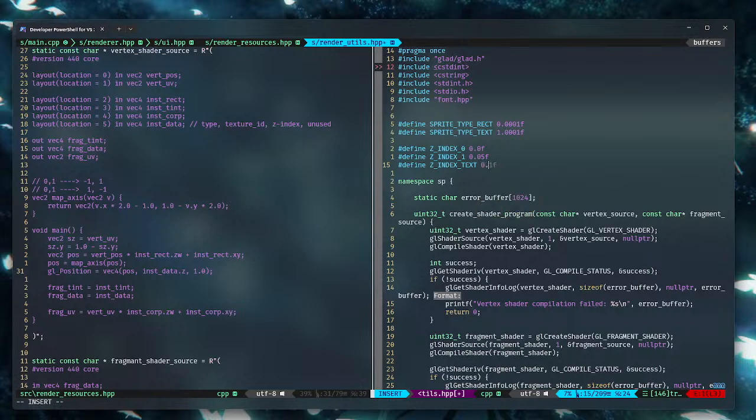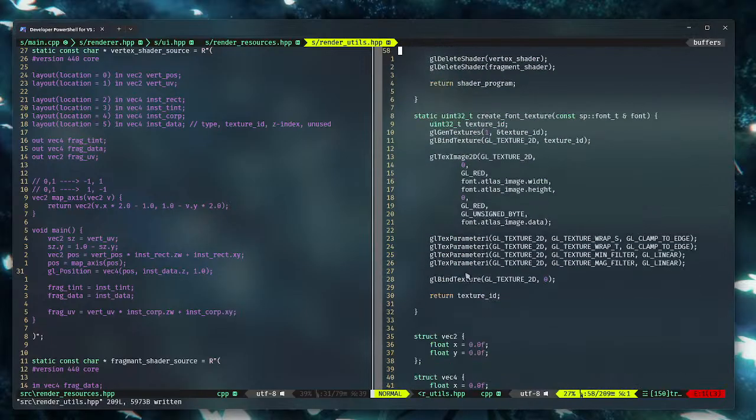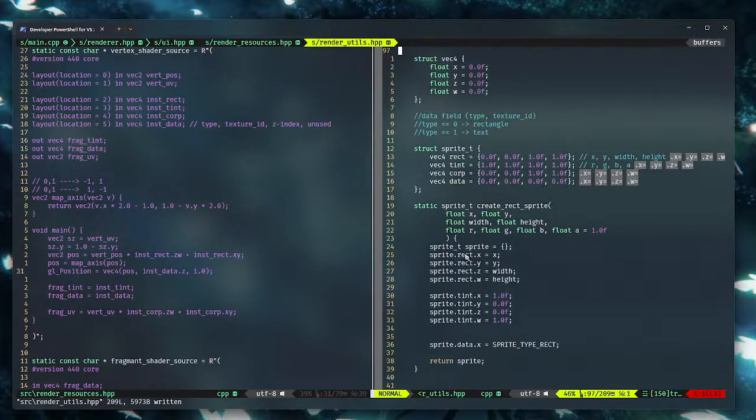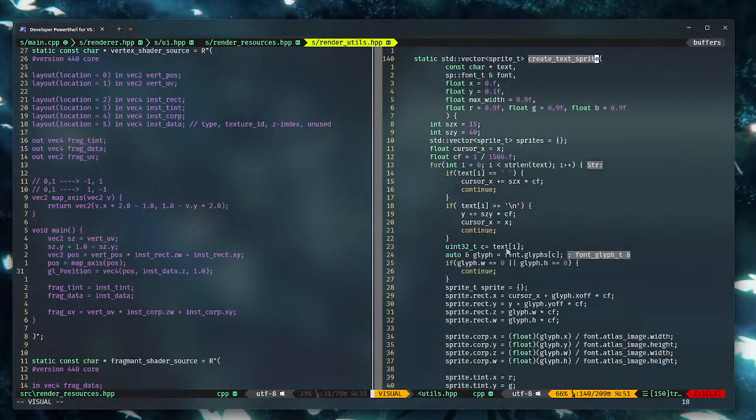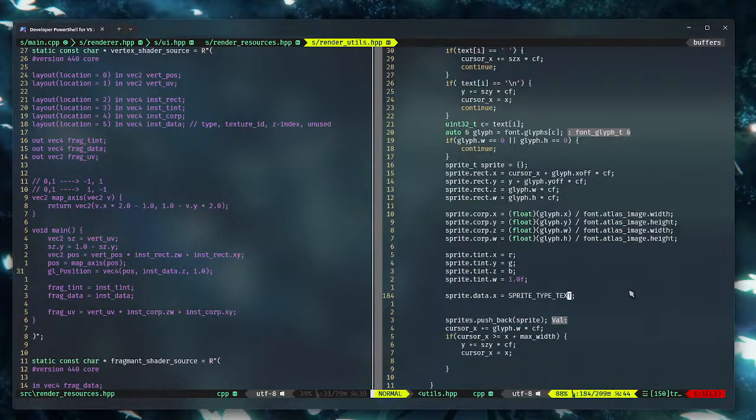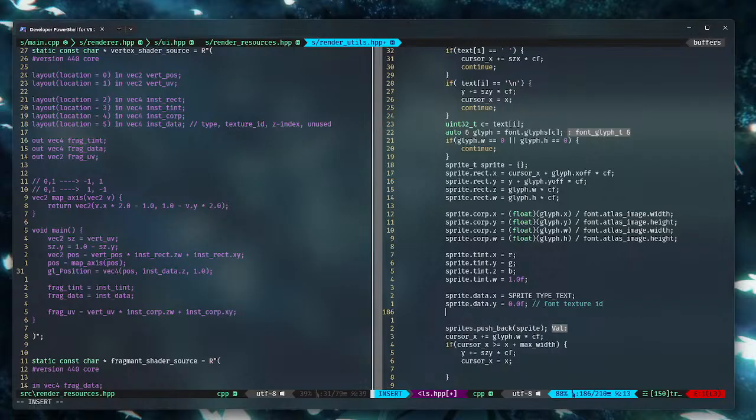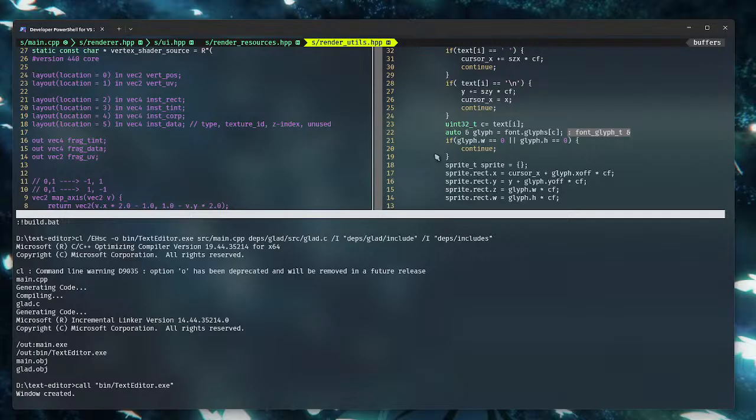which is like 0.1 or something like that. So we have these three Z indexes, right? So when you're drawing the year text, what we want is that sprite. The text ID is 0 now, and also the Z index is Z index text, right? So if we just do that, because either way the Z index for the year is 0, and if we have that depth test enabled, right, then ideally it should